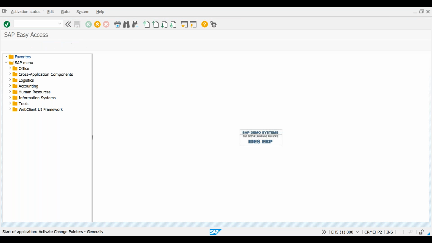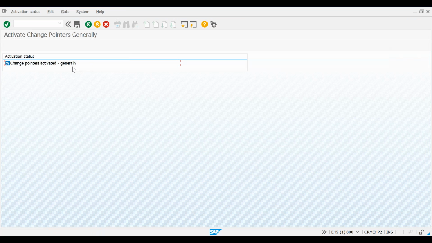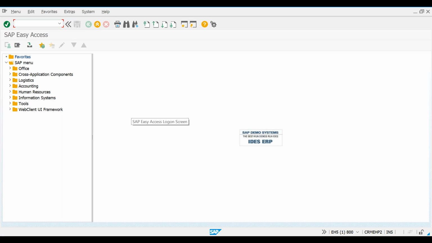So here, see the activation status: activate change pointers generally. Generally means it is not specific to any message type. So the first condition is that this should be checked: change pointers activated generally. Now it is checked. So change pointers are activated in our system. So the next thing is,